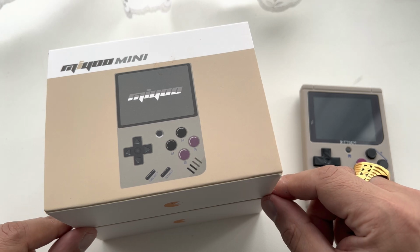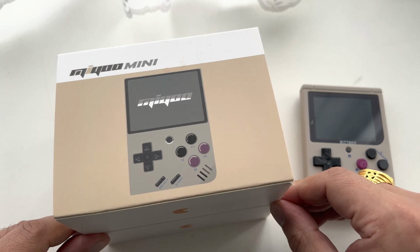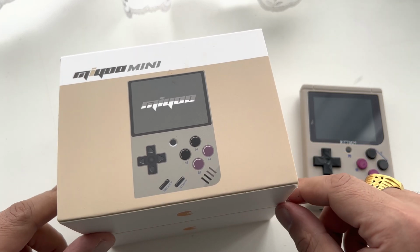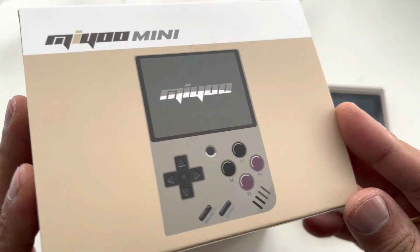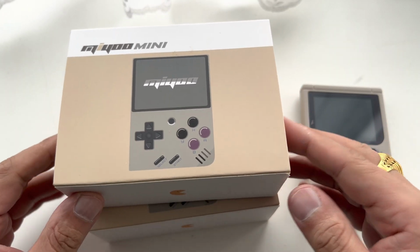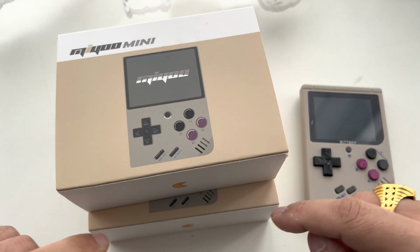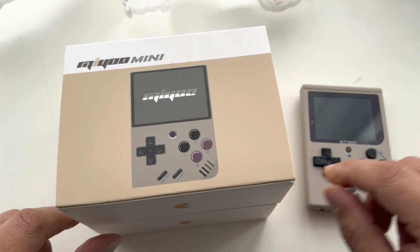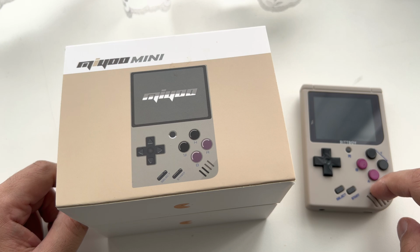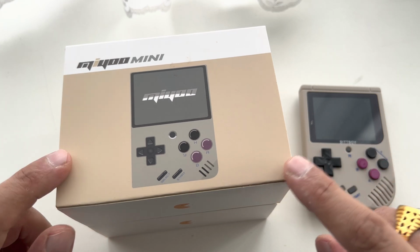Today we're going to have a look at the new device by Miyoo. It's been a while since they released a new device, but this particular one is called the Miyoo-mini. I have both versions here, which I did purchase, the white version and the grey version. This is the older Miyoo BitBoy, they called it, which is quite similar, but let's go ahead and start